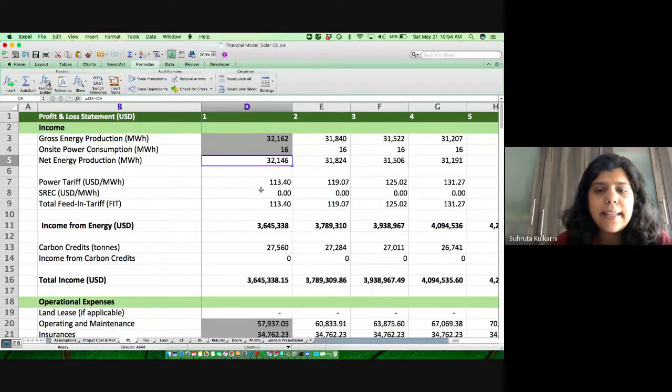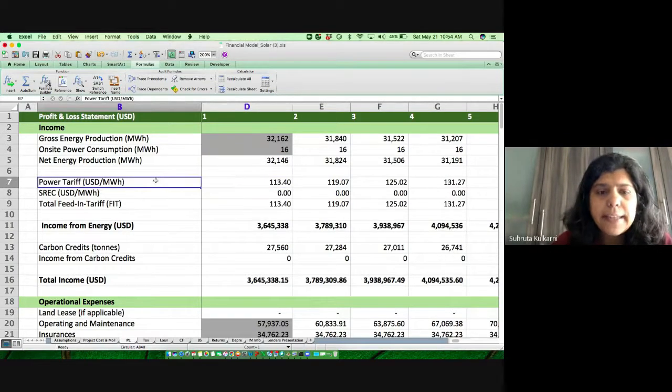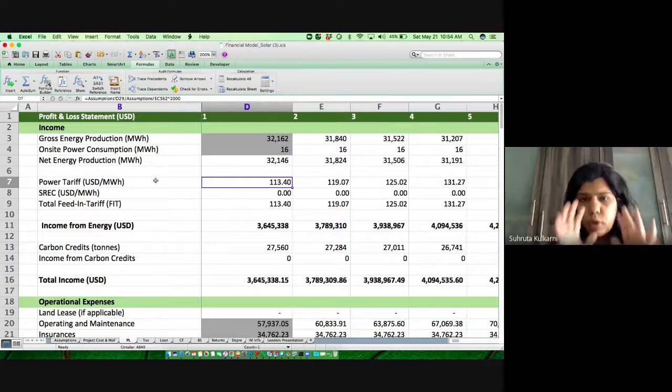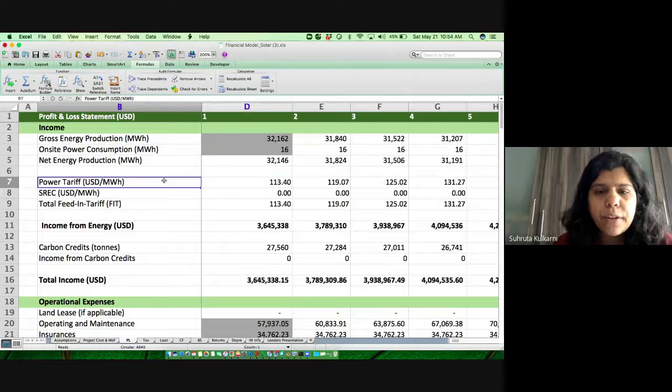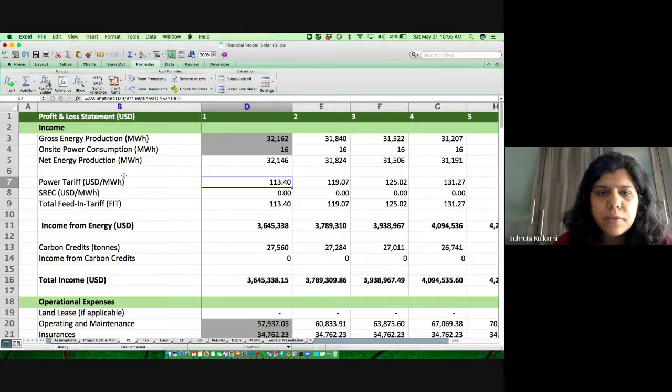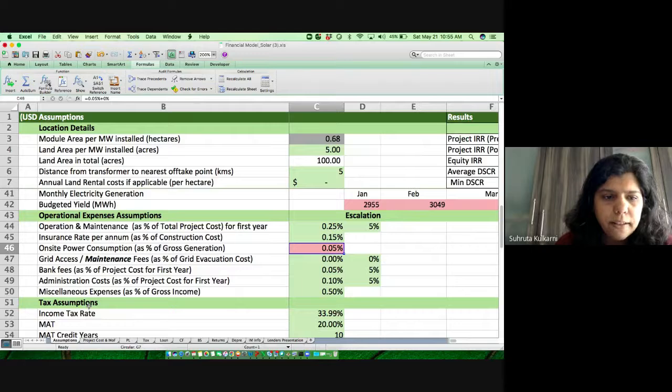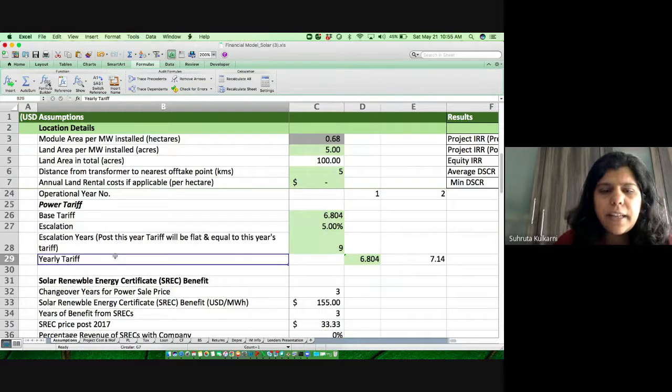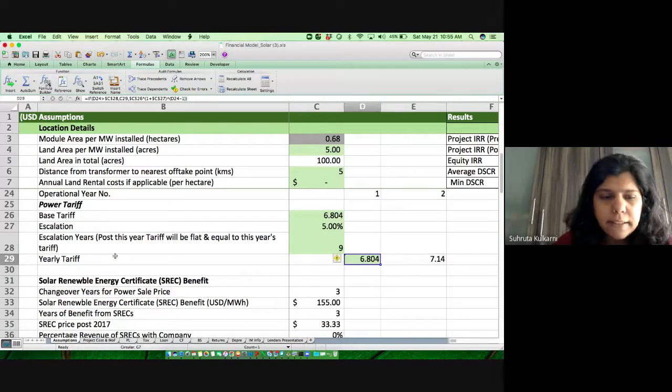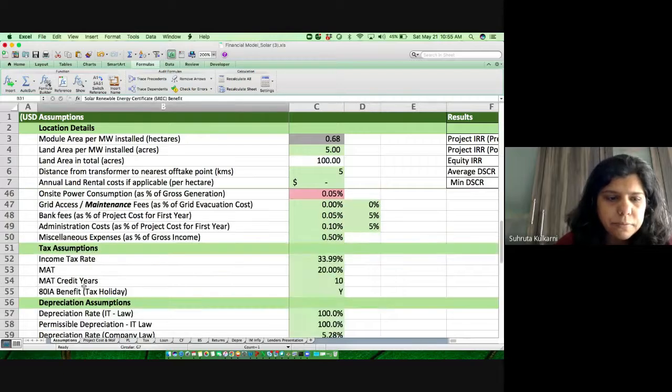Then next is your tariff. This is the number of units that I have; volume into price is revenue. Now what is the tariff that I'm going to get? This is a little straightforward. I have this again in the assumptions: assumptions D29 by C62. Let me see why we have done this. D29 by assumption C62.